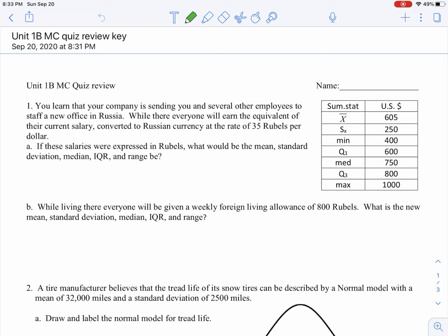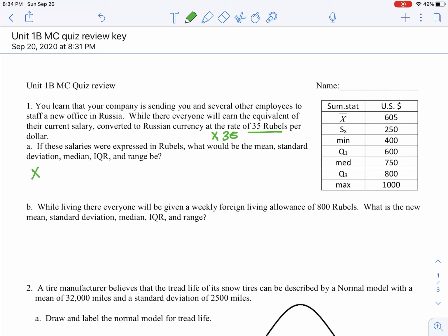So you learned that your company is sending you to Russia, several employees. While we are able to earn the equivalent of the current salary converted to Russian currency, at a rate of 35 rubles per dollar. Okay, so we need to figure out basically what our new salary is by multiplying by 35. And the easy part about this one is that we have to remember that every summary statistic is affected by it. So by mean,